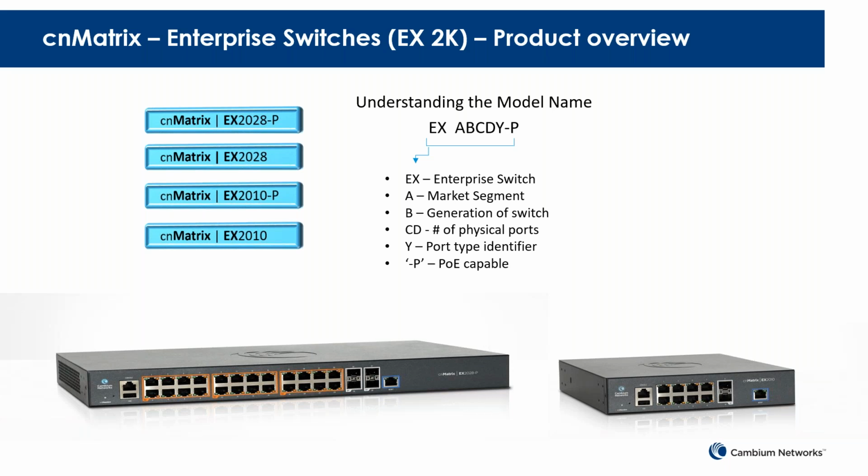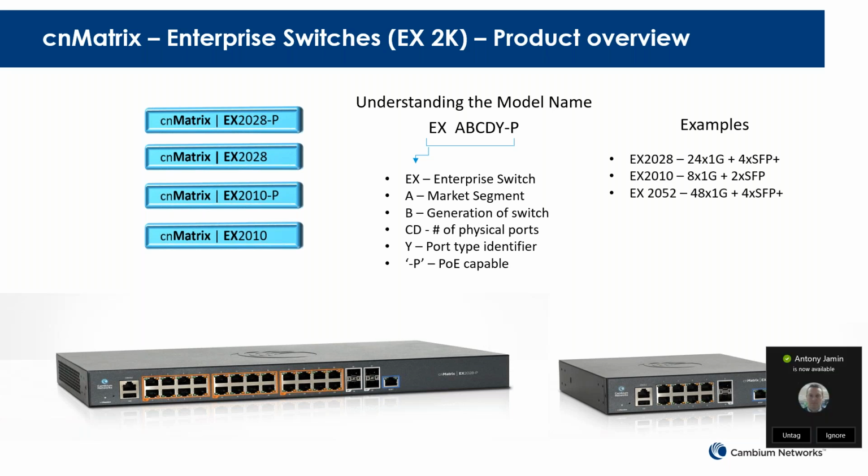An example is, I mentioned that we're going to be coming out with a multi-gig switch supporting the 802.3bz standard. So that supports 2.5 gig and/or 5 gig. Anyway, in that case we would add in an M for multi-gig. Here are some examples. Here are the switches that we're already shipping, the EX2028, EX2010, and a 48 port switch that we are working on, the EX2052. So the 52, that's 48 1 gig ports plus 4 10 gig